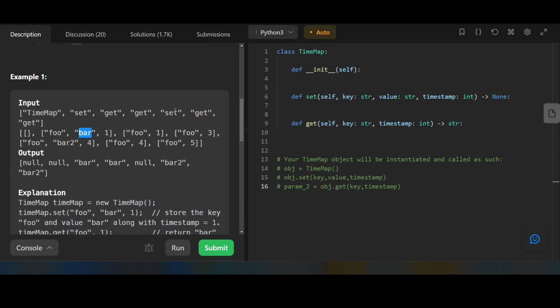Now we do another set with the same key foo, but a different value, bar2, with timestamp 4. Now when we call get with the same key foo, and we want timestamp 4. Since there are two entries here, we see that the most recent value with a timestamp smaller or equal to 4 is bar2. So we return bar2. Next, we search foo with timestamp 5. 4 is smaller than 5, it's the most recent one. We return bar2 again. Yeah, this sounds a little bit complicated, but